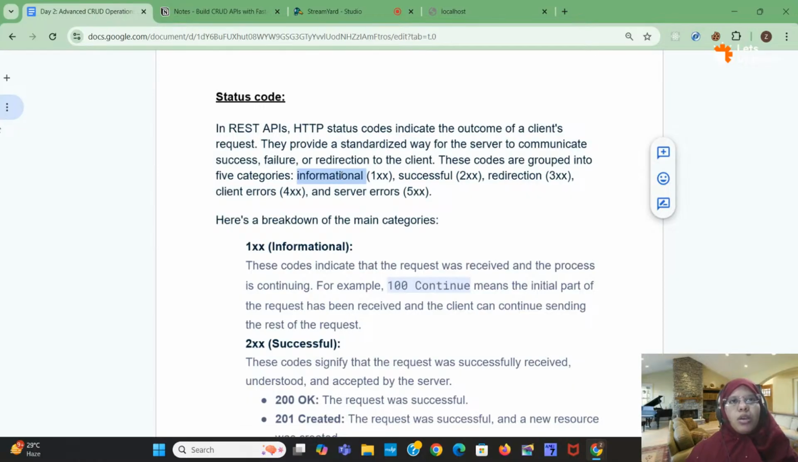Suppose you are requesting a file to open. If you want to open a file, it might take some time, right, to open the file, where that file is, with that particular file name, whether that particular file name is there or not. So it will take some time. So if that particular request is in progress, then it will come under